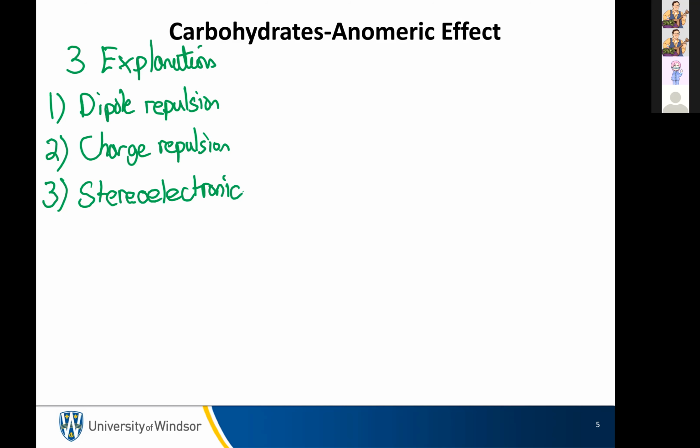Anyways, if we think about number one, it's talking about dipoles. Okay, so let's just take a look at what we're seeing here. We're going to simplify our sugar down to just the anomeric center and the oxygen next. So we're not going to worry about anything else on the sugar because it doesn't matter that much. So let's just draw